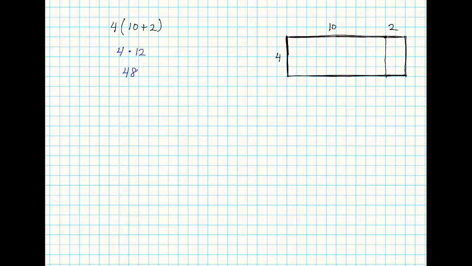And you can see a picture here that is a 4 by 12 rectangle. If you want to count up how many little squares there are in here, there's definitely 48 squares. It's 4 rows where each row has 12